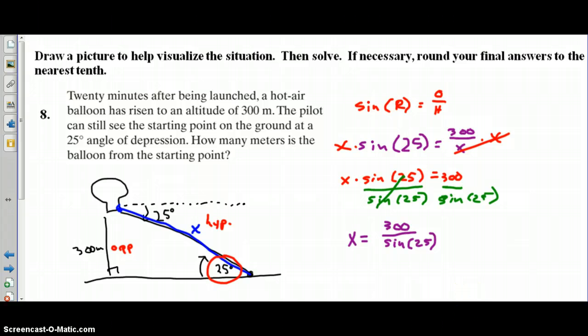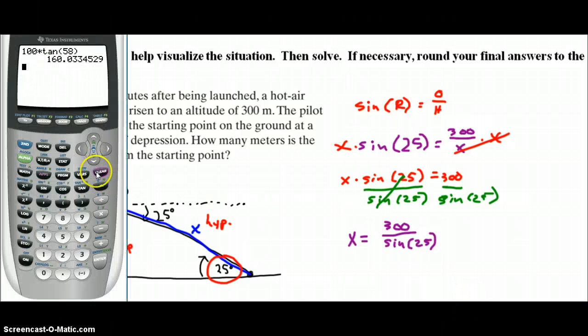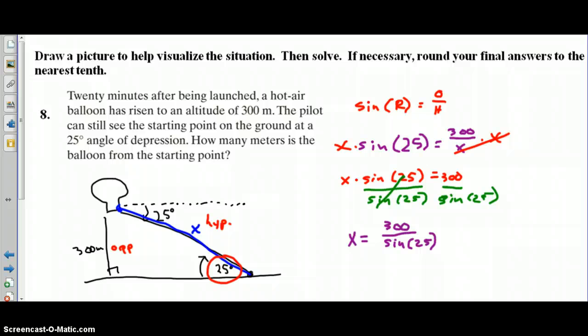And so we can now enter that information into our calculator. 300 divided by the sine of 25 is equivalent to 709.9, because again it asks us to round to the nearest tenth for our final answer, so 709.9 meters. So our final answer, the distance from the balloon to the starting point, is